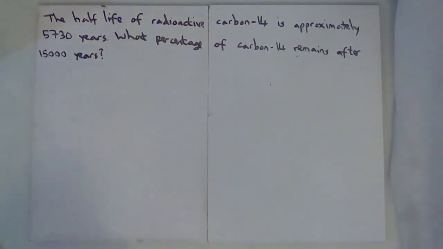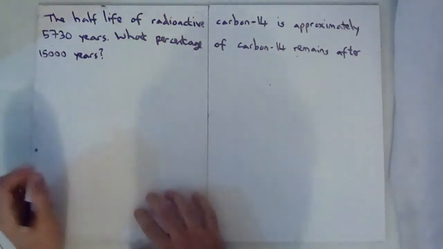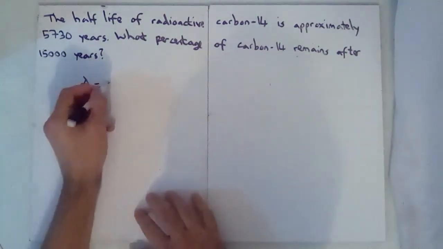The half-life of radioactive carbon-14 is approximately 5,730 years. What percentage of carbon-14 remains after 15,000 years? So, this is an exponential decay question, but growth and decay are very related. You just need to know this thing: we have A amount equals A0